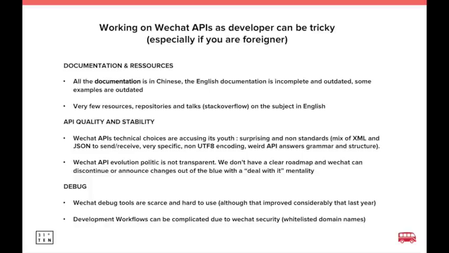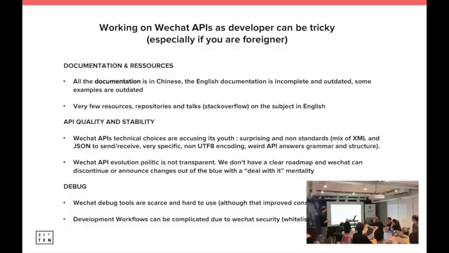All the documentation is in Chinese. There is almost no, or very few, English documentation on that. So that's the first problem. WeChat actually has documentation in English, but it is outdated.